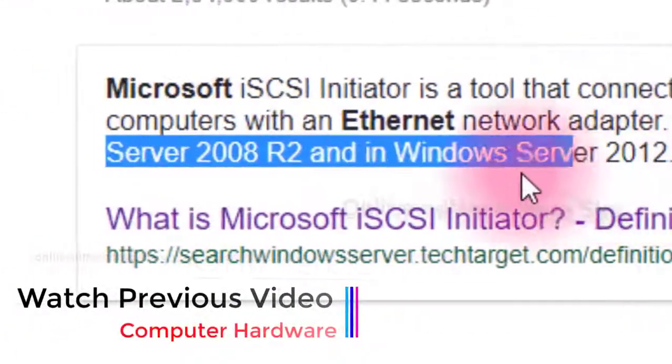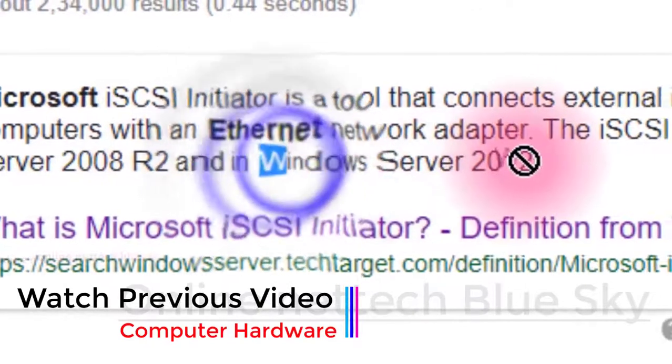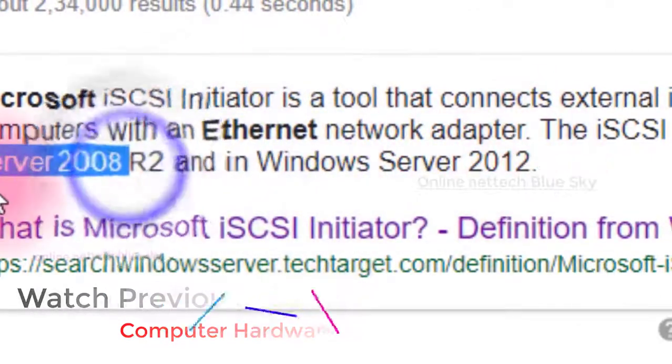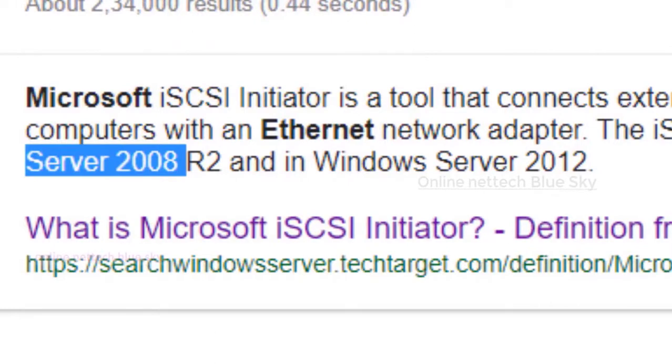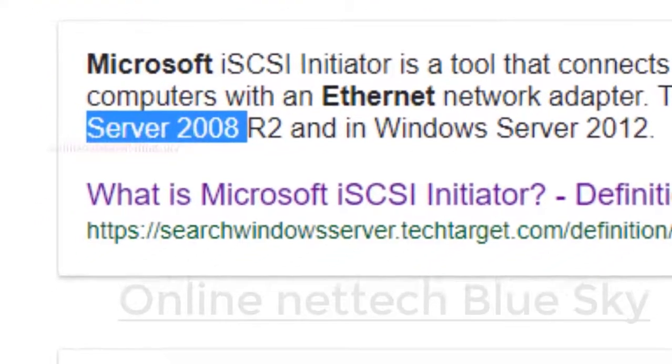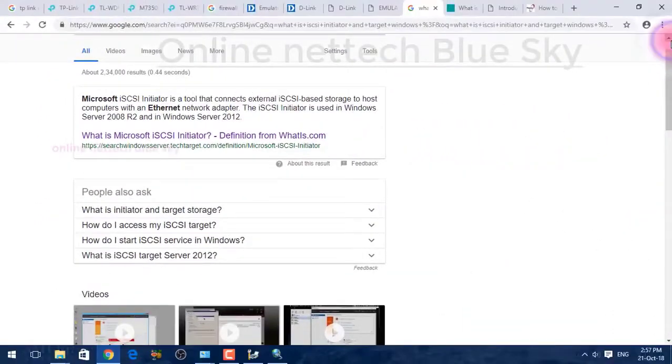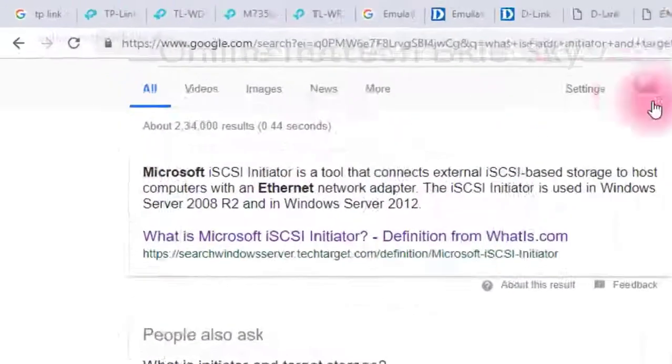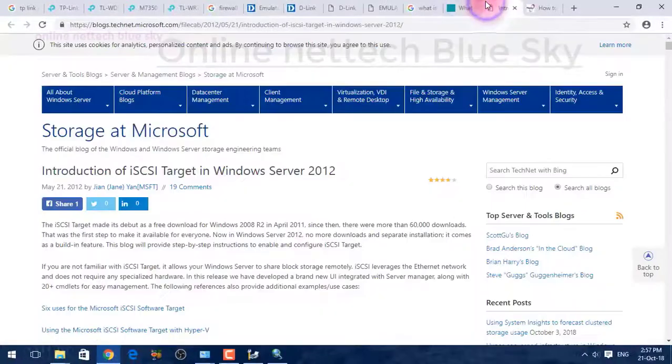For client operating systems, you need Windows 7, Windows 8, Windows 8.1 and Windows 10, while Windows NT, XP and Vista are not supported.